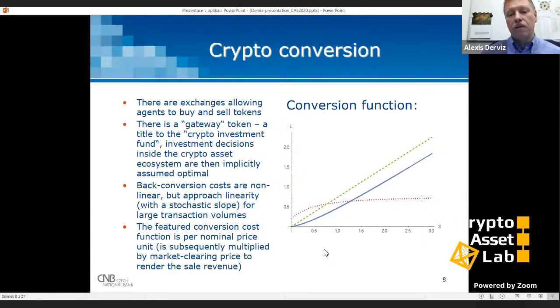But if you convert small sums, well, fixed costs start to dominate this conversion. It is really a choice between uncertain wealth creation in your crypto world against the certainty of losses due to Leviathan, due to complexity in the physical